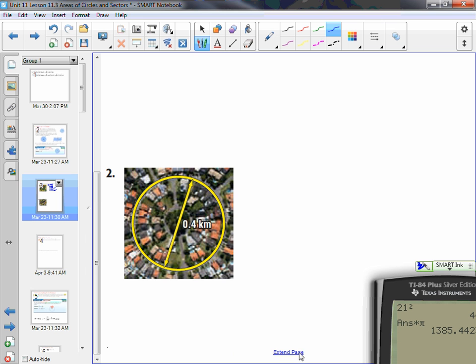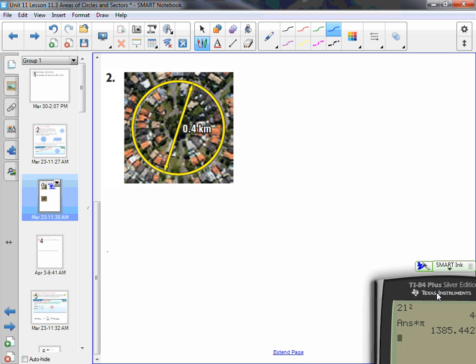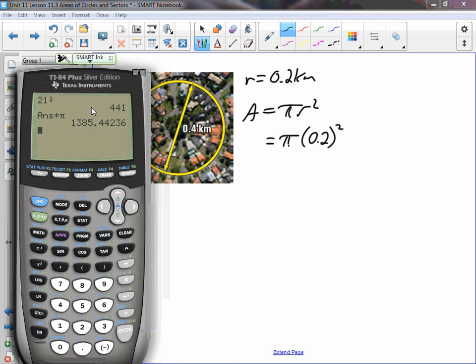All right, number 2. Now, number 2, they don't give us the radius. What do they give us? They give us the diameter. So if the diameter is 0.4 kilometers, what's the radius? 0.2 kilometers. Now we've got the radius. We're back in business. Area equals pi r squared. So that's pi times 0.2 squared. All right, so if I take 0.2 and I square it, I get 0.04